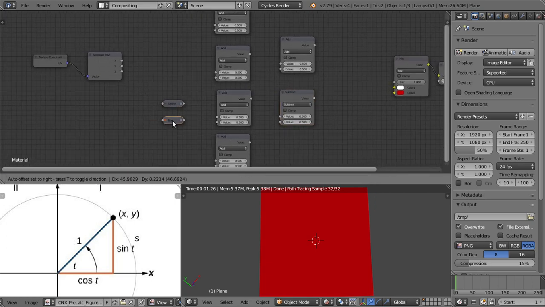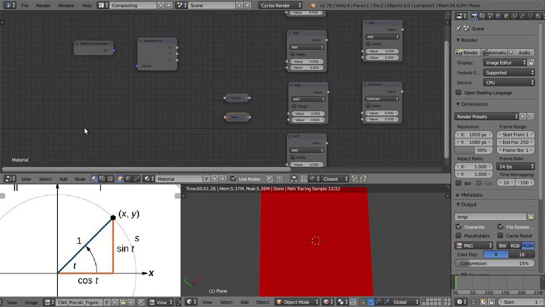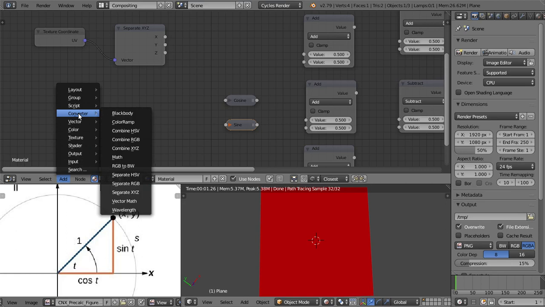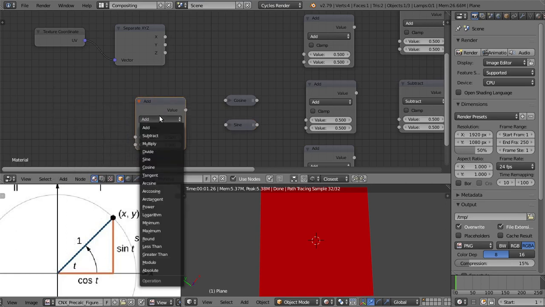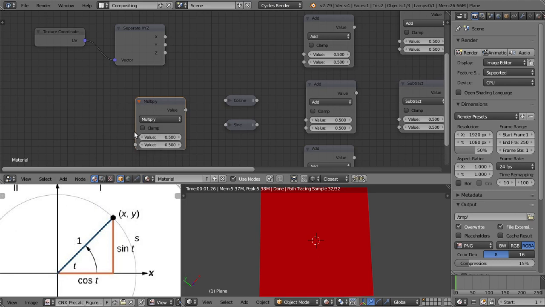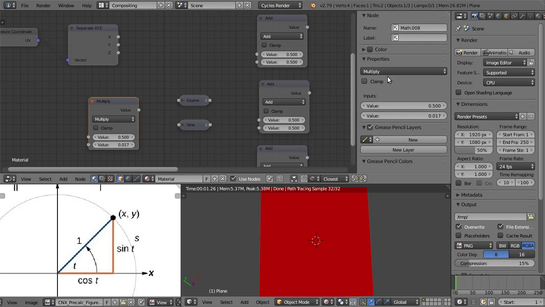And internally, Blender does its angles in radians. So we're also going to need a converter. To convert degrees to radians, let's see, multiply. So we'll take an input value and multiply it by pi divided by 180. And that will convert degrees to radians. I'm just going to rename this. So basically it converts degrees to radians,